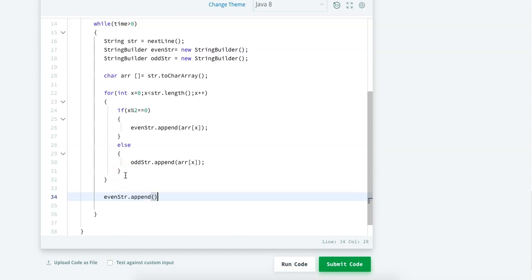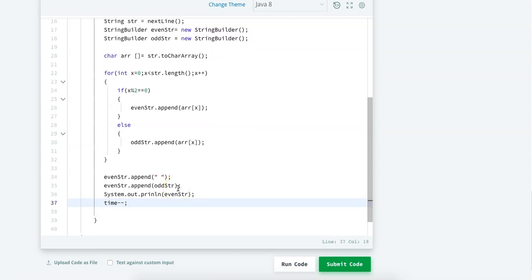So I will append a space here, and then I will append the odd characters. So now evenStr would hold my final output. Therefore I'll print that, and I'll reduce the value of time by 1. So that's it guys, this is our solution.